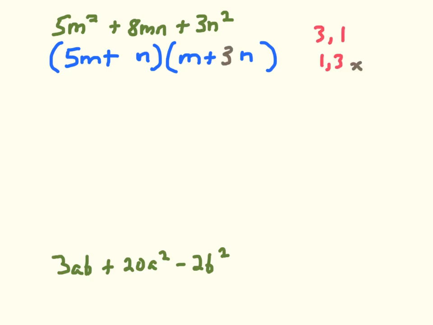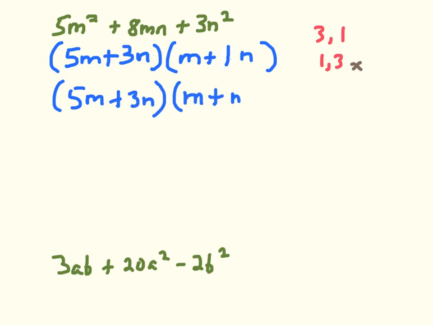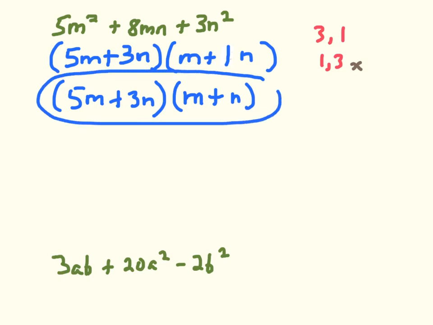So let me erase that. So this other one's got to be it, and I'm going to say 3, and I could put a 1 there, but that really isn't necessary. Let's just call this 5m plus 3n times m plus n. That's the correct factoring, but just to verify, since this one's a little busier,